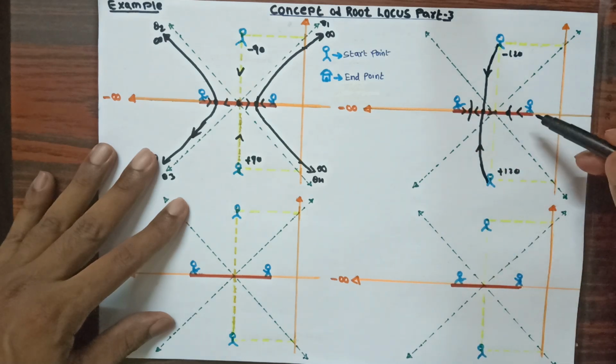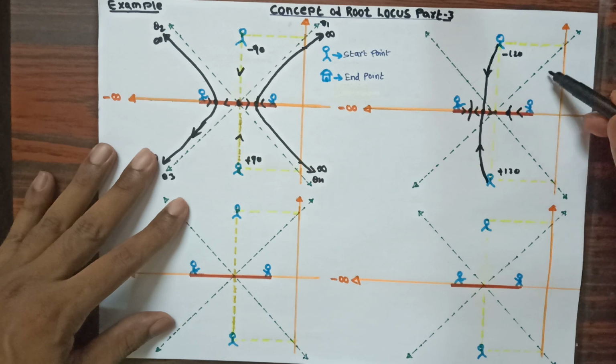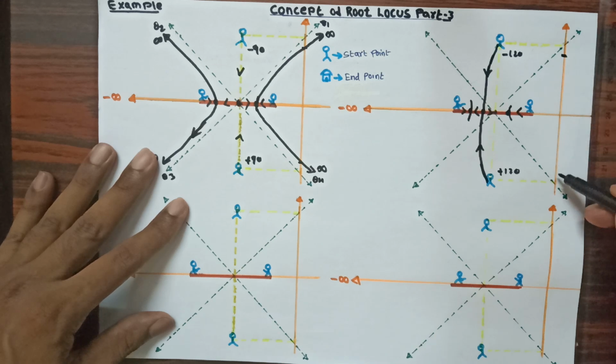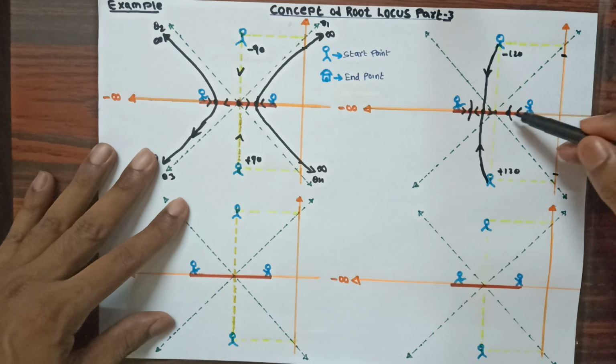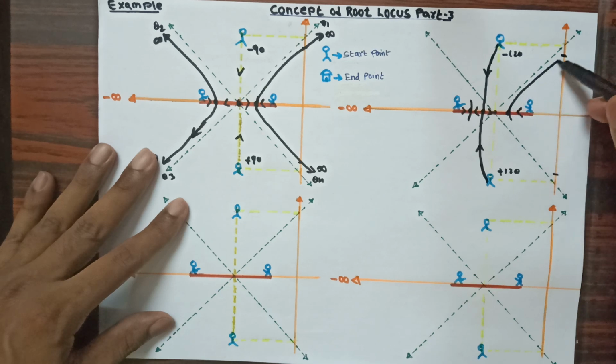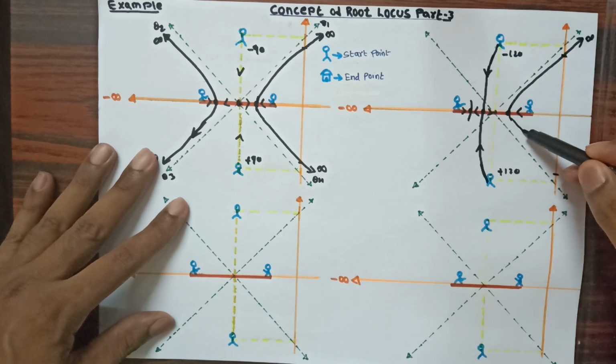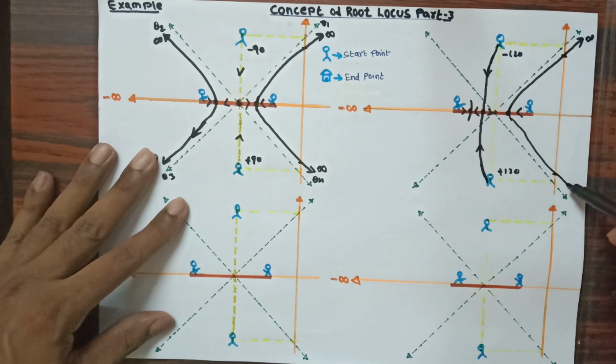Now you can see, we know that by following this angle they will try to move towards infinite destination, but I am getting here in between the imaginary axis, so I need to show the intersection with the imaginary axis. I am considering a point here for intersection, and above what I have considered, below I need to consider the negative intersection also. Now this person will observe this angle and this intersection point, and then he will try to move towards infinite path, and the same, this person also will try to move towards infinite path.